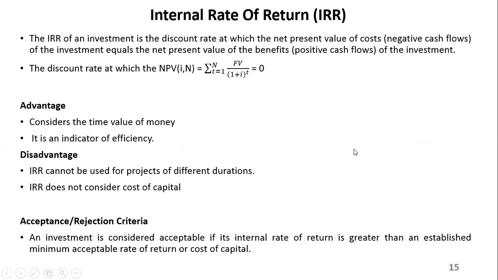Okay, and then the next one is internal rate of return. Basically, internal rate of return is a rate, or what you call a discount rate, at which your NPV is equal to 0, which means your present value inflows and present value outflows should be equivalent, so that when you add them together, they give you 0. Remember, the outflows are negative because of the money going out.